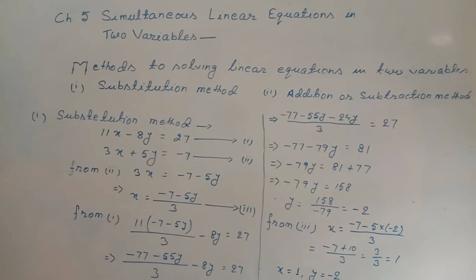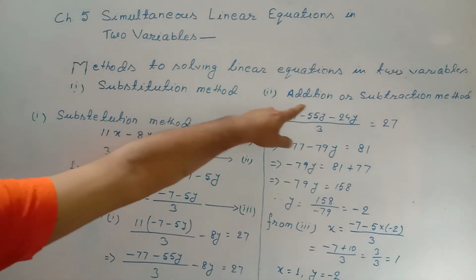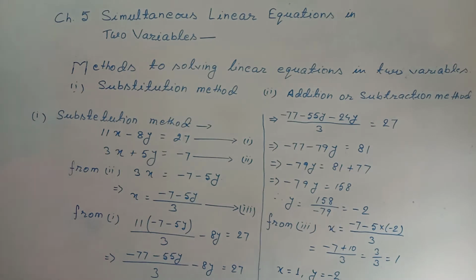So in these simultaneous linear equations, we are asked to find the values of these two variables, those are x and y. As the name says simultaneous, there will be two linear equations. Here we have two processes to find the values of x and y. First is the substitution method and second is the addition or subtraction method. What is this substitution method? How will we apply the substitution method to find the values of x and y of those two simultaneous linear equations? Here I am taking one example.